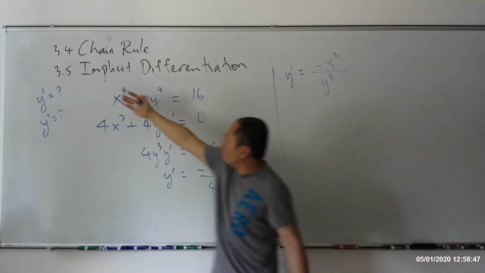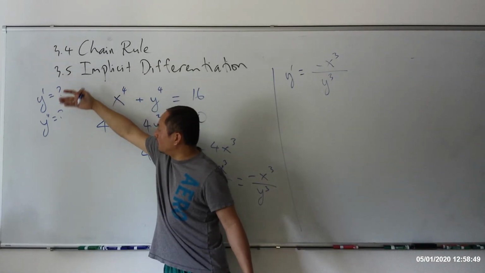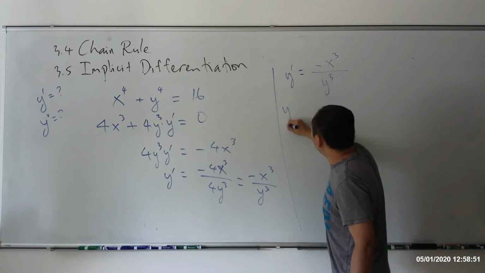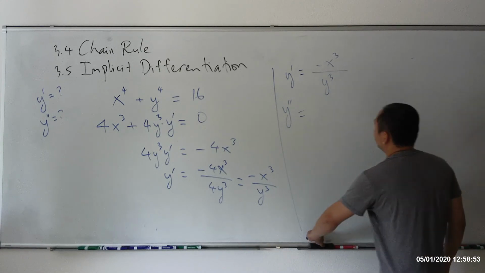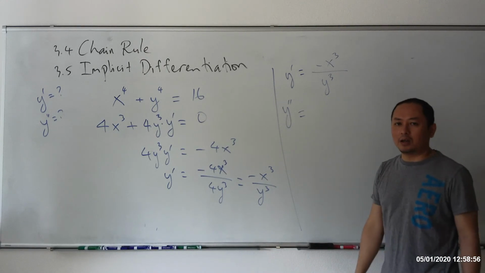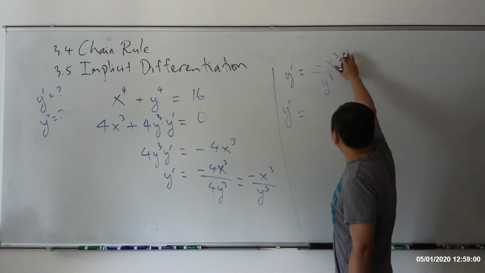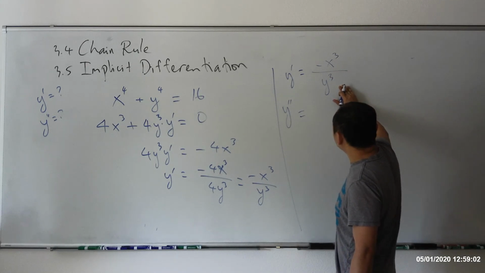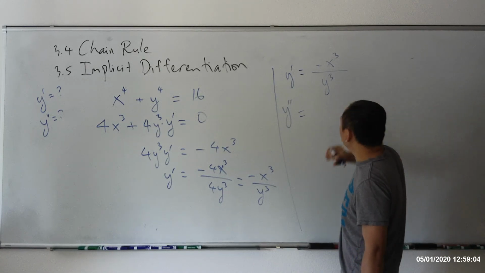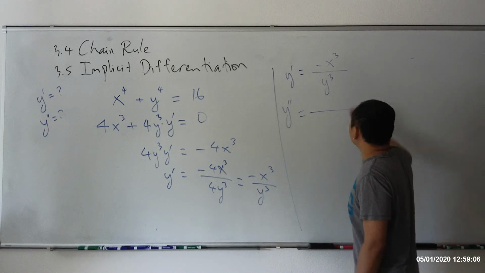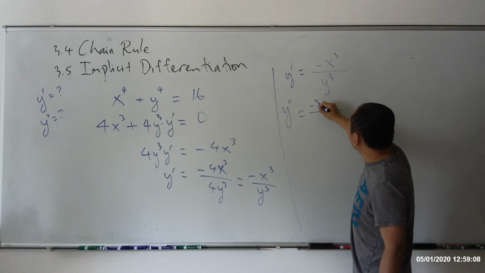The question asks you to do one more. I'm getting the first part done. Second step. Can I calculate y double prime? The answer is yes. I see a fraction right here. What can I do? Quotient rule. Okay? The quotient rule says what? Derivative of the top times the bottom, subtract the bottom times the derivative of the top, and then over bottom squared. So we need to practice, right? The derivative of the top is negative 3x squared